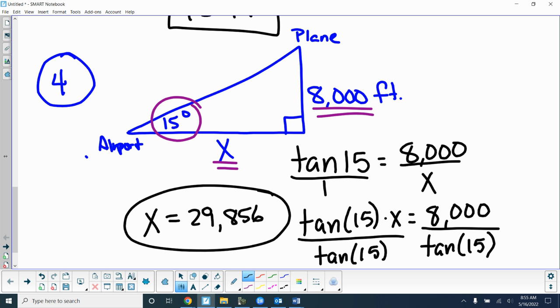Questions on 3 or 4? So those two are word problems. You have to draw your right triangle and put your information in and then figure out. In those two problems, it was tangent. But maybe tomorrow they'll give you a little different information. So it could be sine if you knew opposite and hypotenuse. It would be cosine if you knew adjacent and hypotenuse. Well, we're looking for one of them. All right? Okay. Numbers 5 through 7